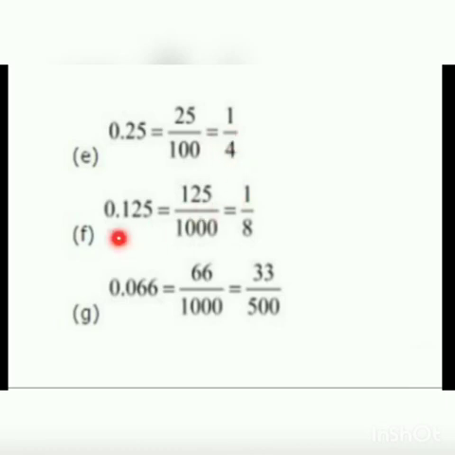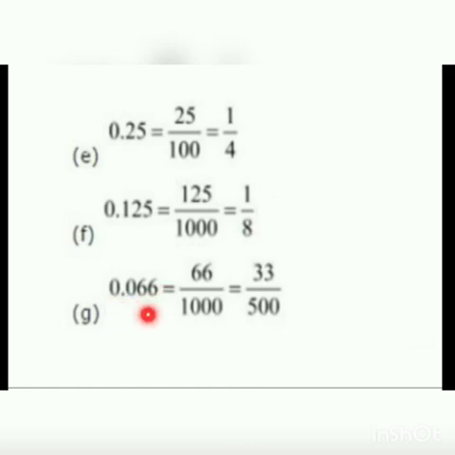Now 0.125. Here after the decimal point, how many places are there? 3 places. So if 3 places are coming, I said we'll use 1000. So 125 by 1000. Here, what is the common factor? 5. So when we are dividing with 5, at last you will get 1 by 8. Then last question,